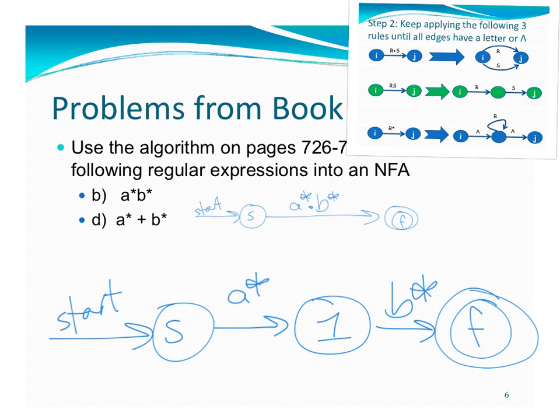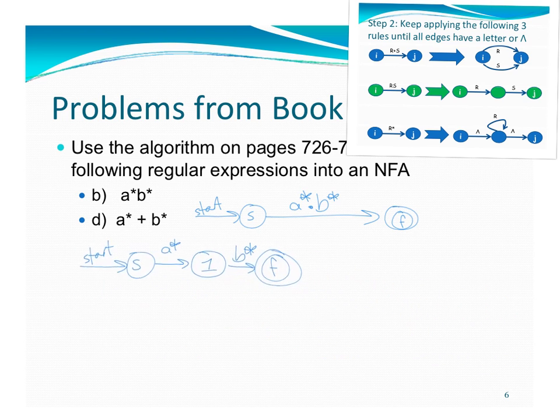And now we can choose to reduce either of these transitions, either this one or this one first. We know we have to do both of them because neither of them just have a symbol on them. This one has B star, this one has A star. So just for fun, why don't we deal with this transition first? It's of the form a regular expression starred, so we need to use this bottom approach. So let's just shrink that down